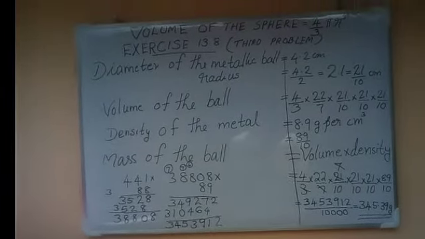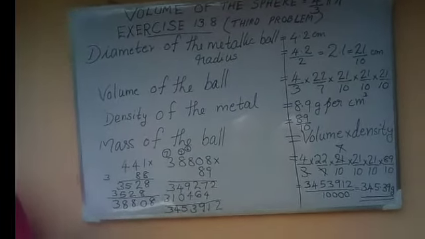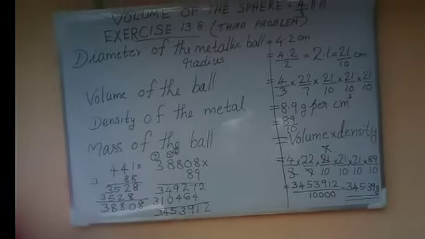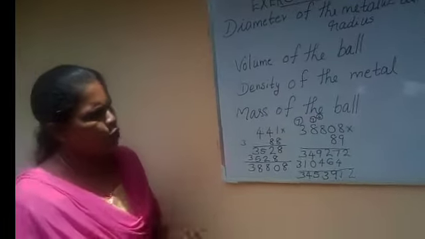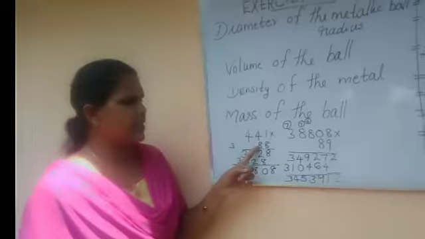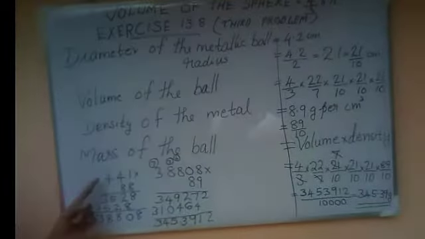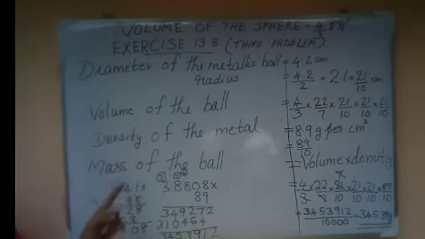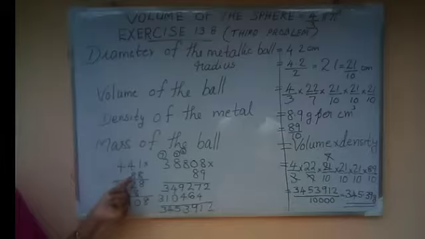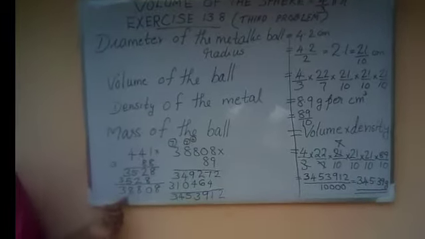So you can 3 and 21 cancel. It becomes 7 and 7 and 7 cancel. Okay. Then remaining numbers you can multiply. 4 into 22 is 88 and 21 into 21 is 441. And multiply together you get